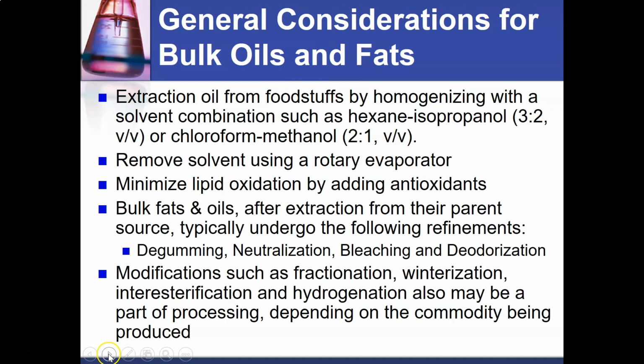After that, the solvent will be removed using a rotary evaporator. And as I have mentioned before, if you want to minimize the lipid oxidation, you can try to put the sample in nitrogen, adding antioxidant, avoid the light, avoid the hot temperature, okay. And then